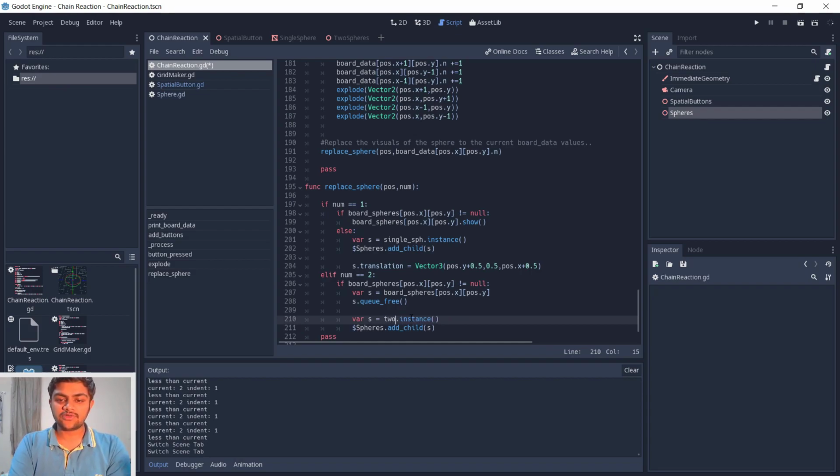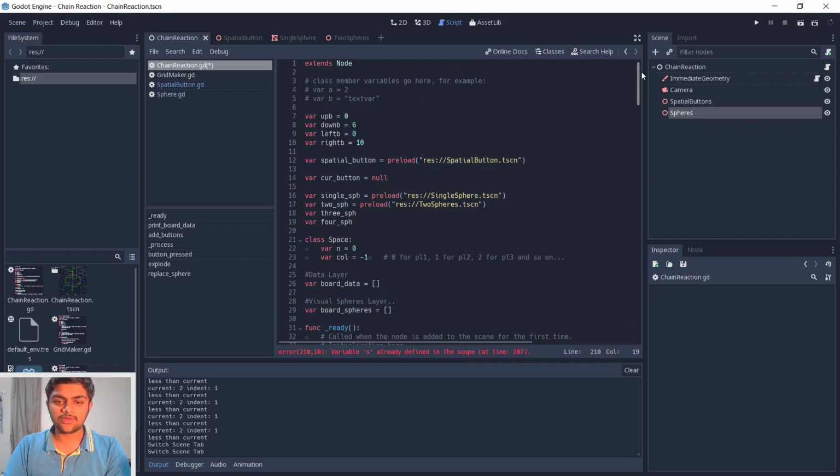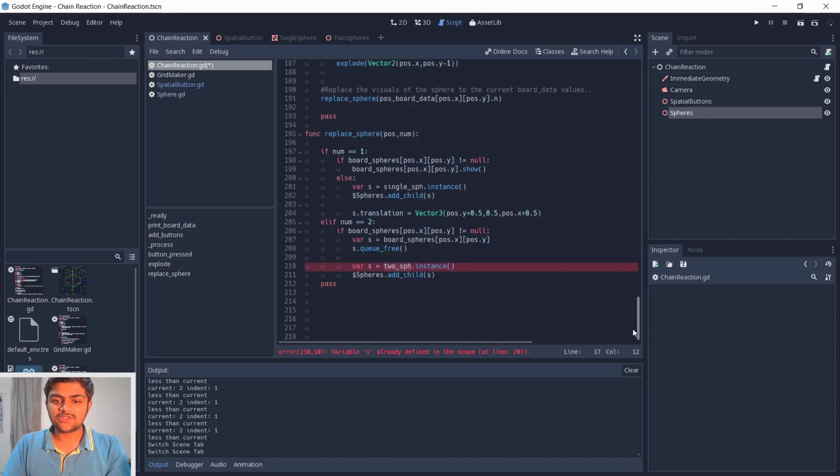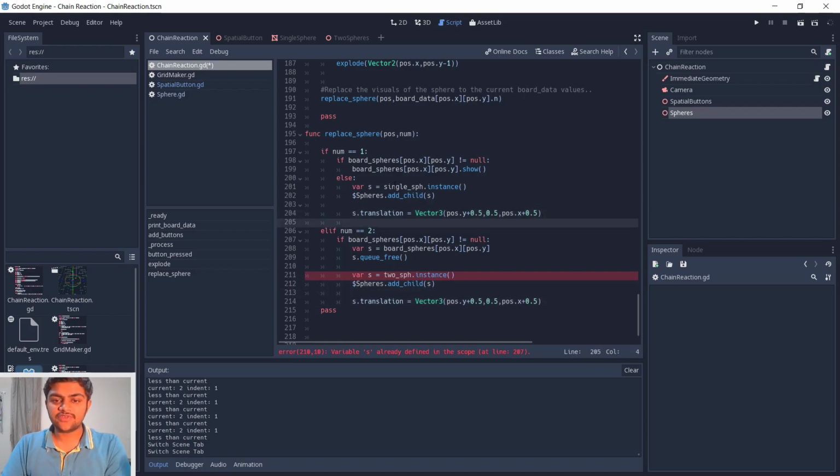make an instance of 2sph. Do we have a reference for this? Why is the autocomplete not working? Yeah, it's over here. So the 2sph dot instance, and then add it again, and then I will set its translation. After setting the translation, we also need to update this spheres, right? So the spheres will be equal to s. The same way,